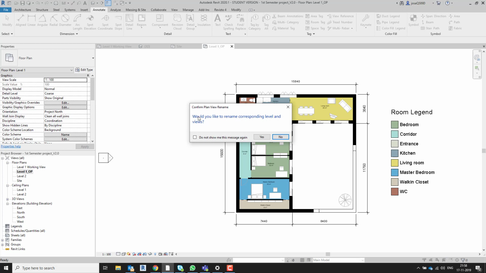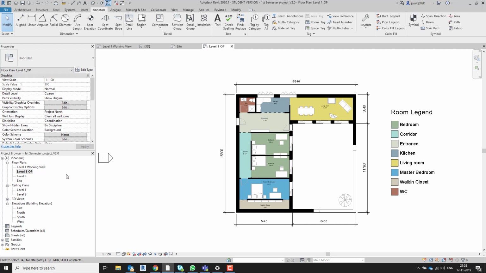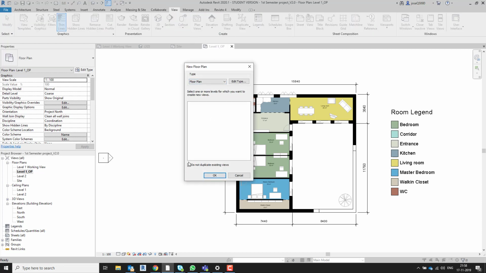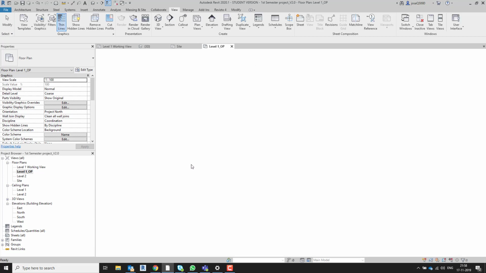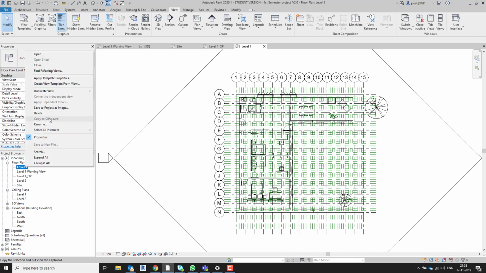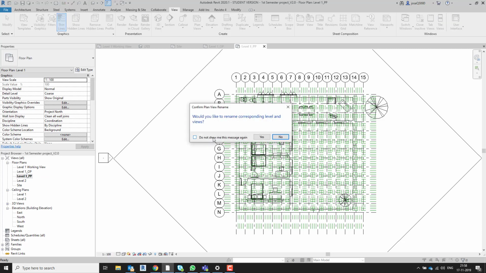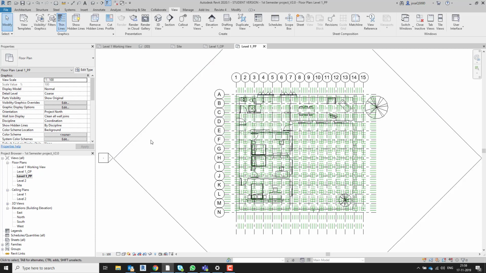And do you want to rename corresponding level and views? No, I just want to do this level 1. Okay, so what I'm gonna create is the level 1 for project proposal, and the same procedure here. So I'm going to come to the view, I'm going to create a completely new plan view, floor plan. I want to duplicate level 1, yes. I'm going to rename it right away. So I'm going to rename level 1 underscore project proposal. I'm going to say, do not show me this again. Would you like to rename corresponding level and views? No, thank you. Okay,